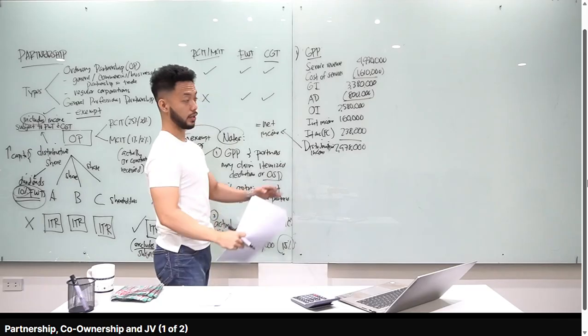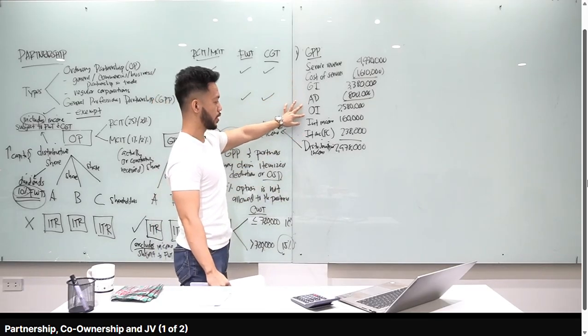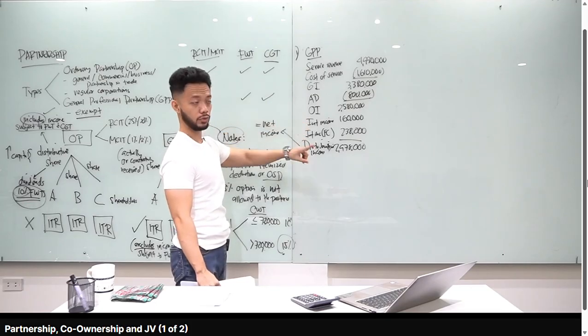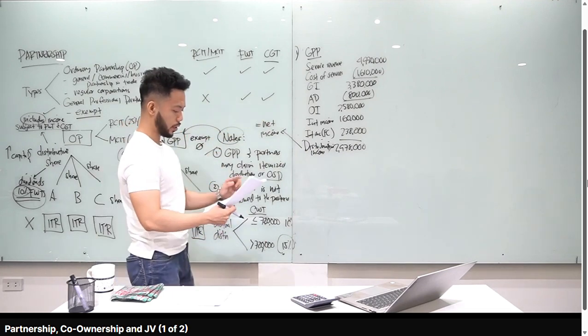Tama ba? Kapag gagawa ka ng income statement, di ba ganito ginagawa mo? So, revenue minus cost of services, minus operating expenses, add mo yung mga other income, di ba ganun sa accounting? Other income yan eh. You have the net income. So, distributive income is equal to net income. So, write that down. Okay, ang tanong dito, class, is of each partner.